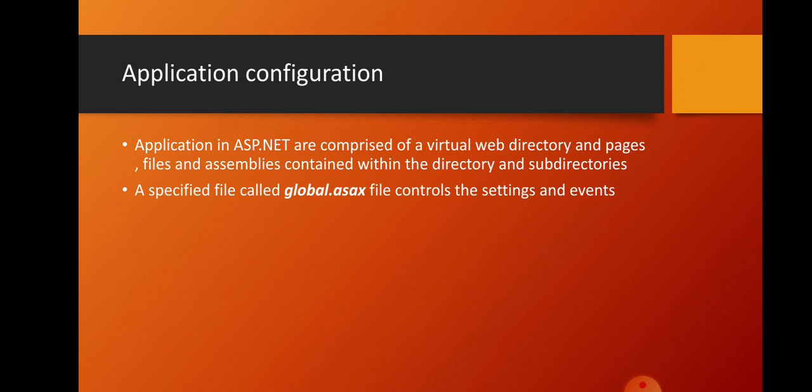First, let us discuss application configuration. First, we must know what is meant by application. What is an application? It is an interface between the user and the system. Give some examples of applications: PhonePe, Paytm, WhatsApp, YouCam, TikTok, ShareChat. These are some of the Android applications. Likewise, with ASP.NET we can also develop many web applications.